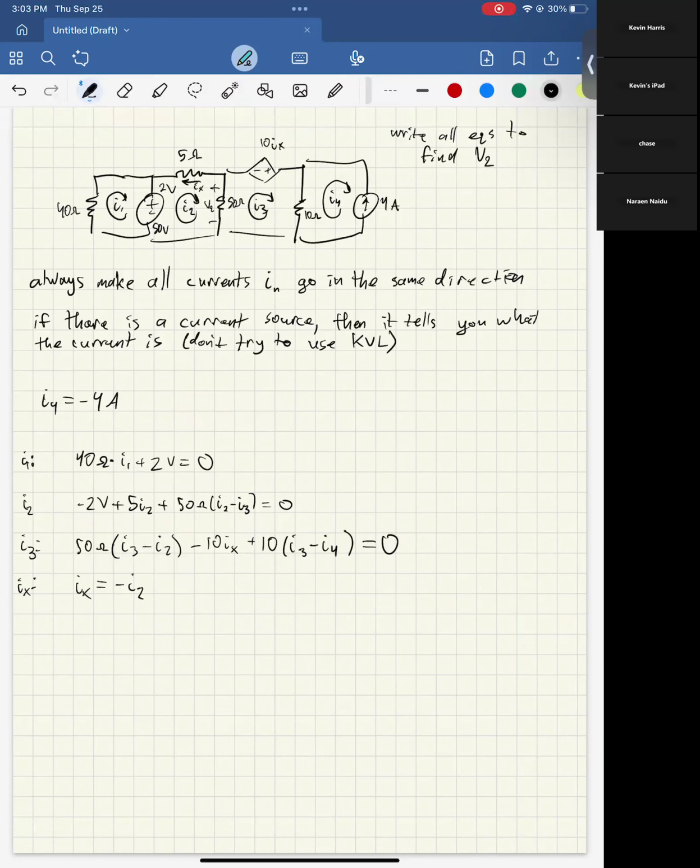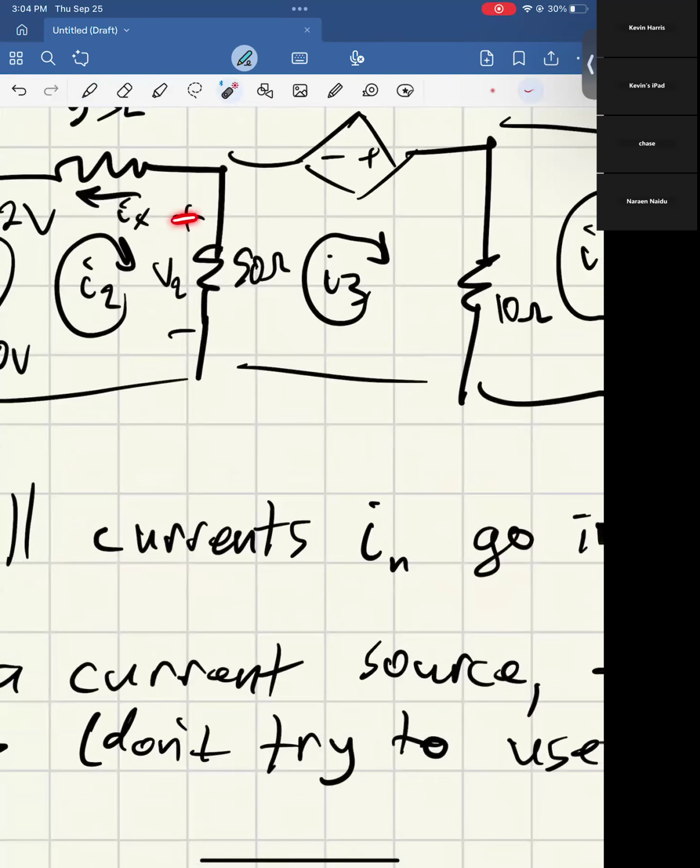And then last but not least, write all equations to find V2. Okay, what's V2 here? Well, we already found V2 earlier. It's this term or this term, whatever you want to look at, right? So V2 then, oh, actually though, since V2 is defined as having the positive on top and the negative on bottom, that would happen from a current flowing in this direction. If you think about it, right,